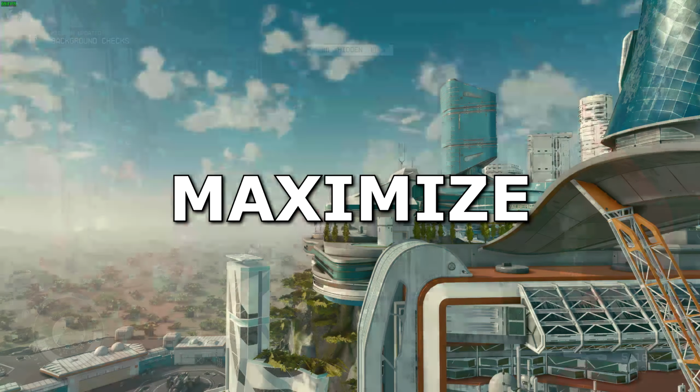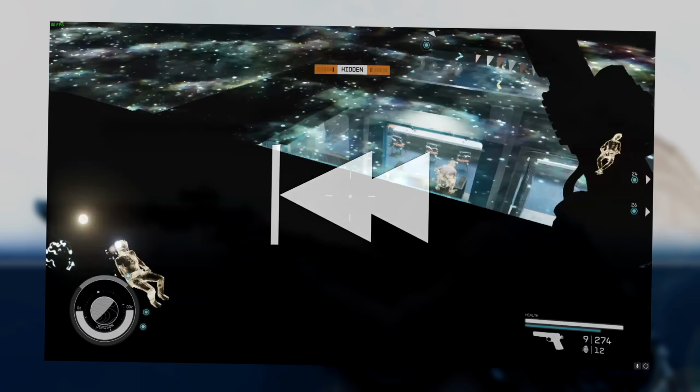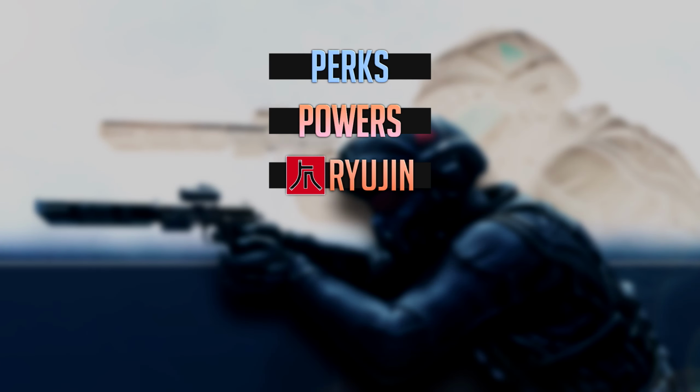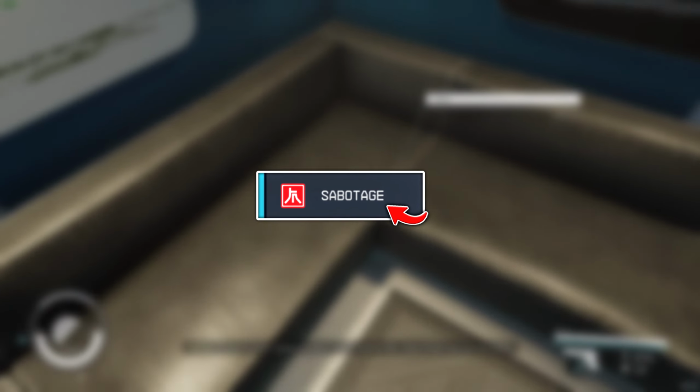In my last video, I tried to compile every single important stealth tool provided in Starfield to let you complete all missions with 100% stealth in mind, at least the ones that are designed for it. In this video, I'll be playing through the Sabotage mission to show you exactly how to complete it without getting